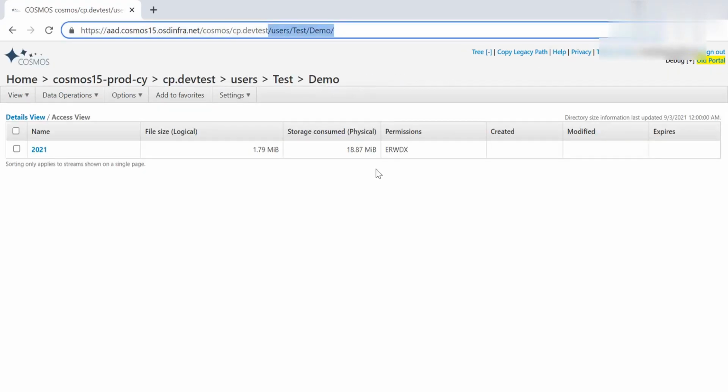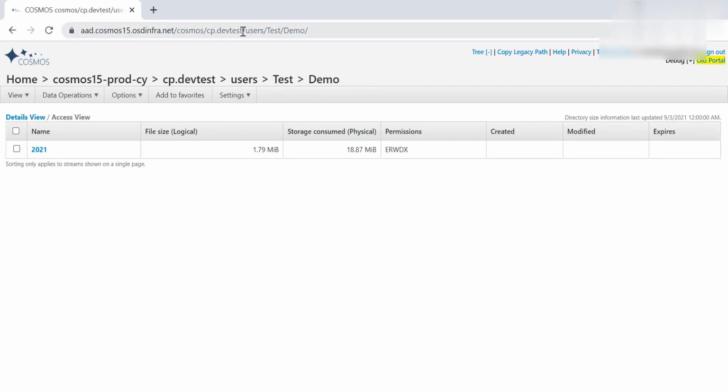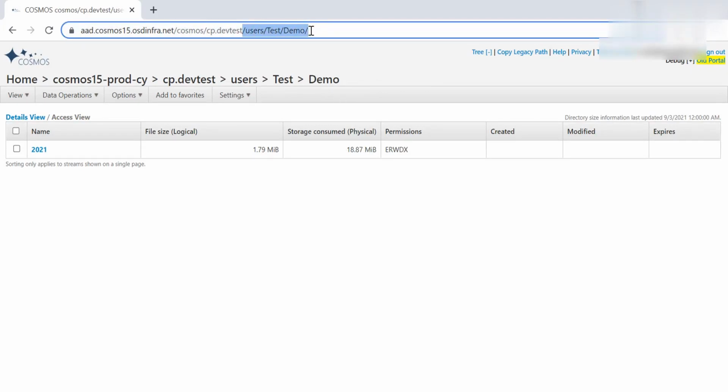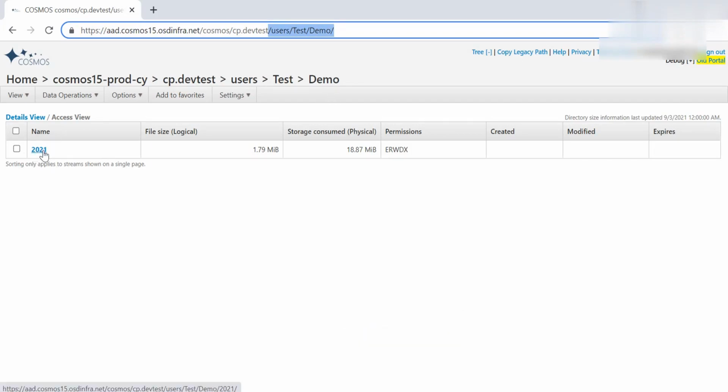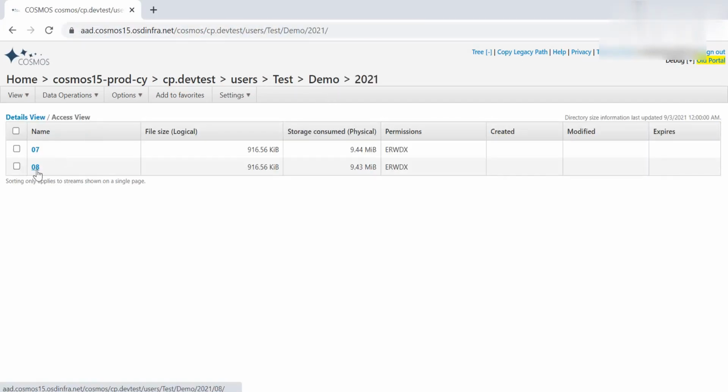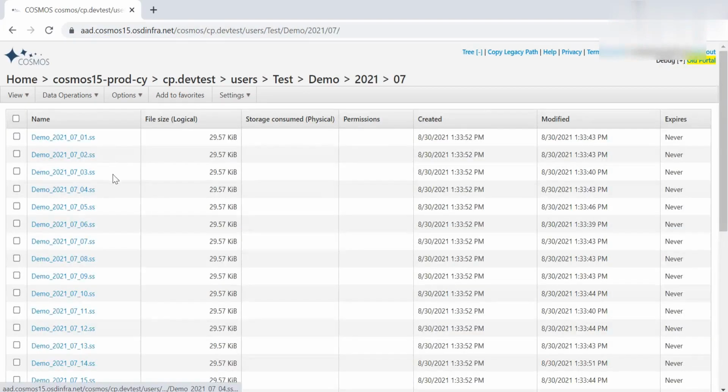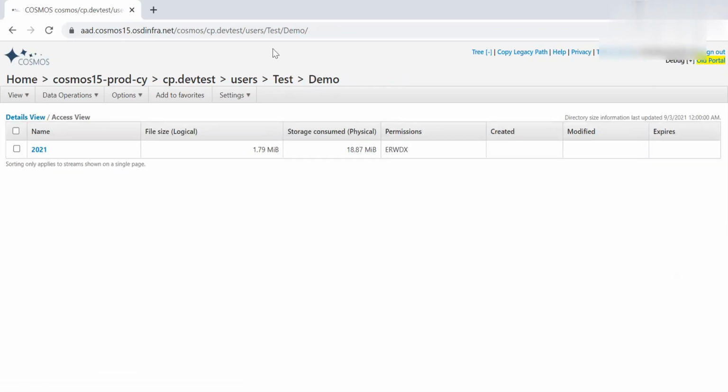From users I am taking the path. This is the path where all the streams are. This is the date pattern 2021, and after that month, after that we have daily streams. So I should take the path up to demo.